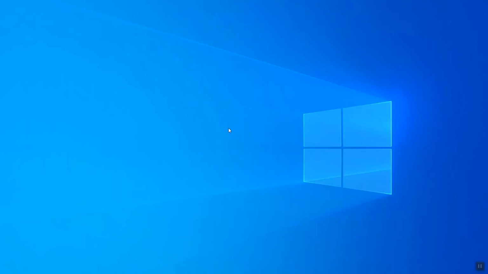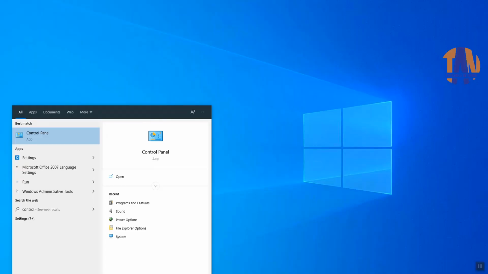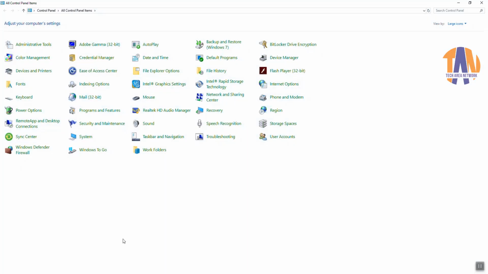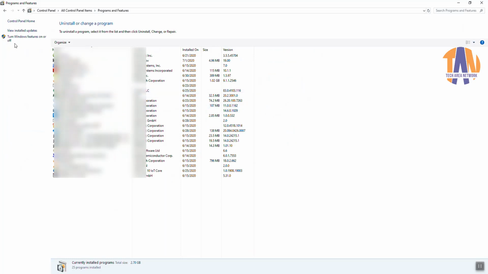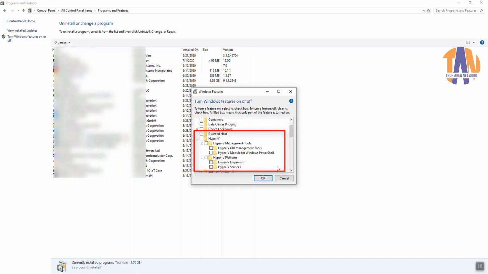So let's start now. Firstly, we have to prepare our Windows 10 PC for Hyper-V and Kali Linux as well. We will go to Control Panel and open Programs and Features. Then we go to the section Turn Windows Features On or Off. Here we have two options to turn on. Number one, Guarded Host actually works like a shield. It provides additional protection for virtual machines to prevent tampering or theft by a malicious administrator or malware. And number two is Hyper-V itself.